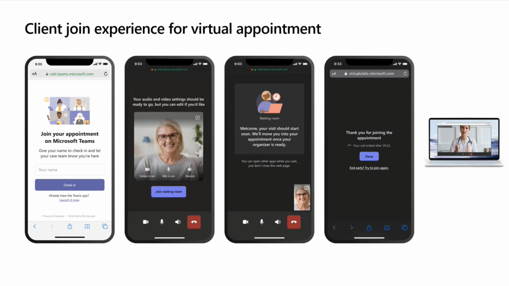Now, Ben, do you know already, is Virtual Appointments HIPAA compliant? That's basically what HIPAA is, the healthcare compliance. Oh yeah, that one. Healthcare information protection, privacy, something like that. Yeah, totally. So this will be HIPAA compliant for the preview. Yep. I guess that's all the pending questions for now.